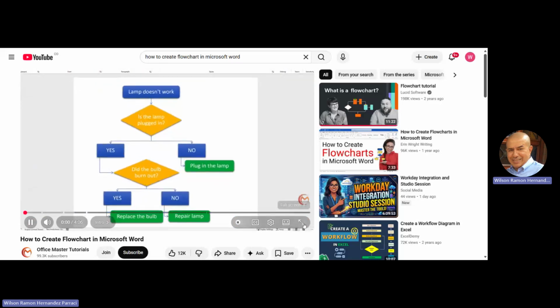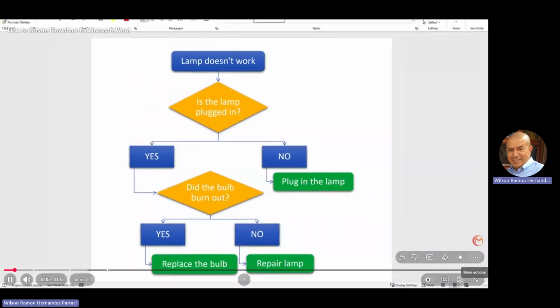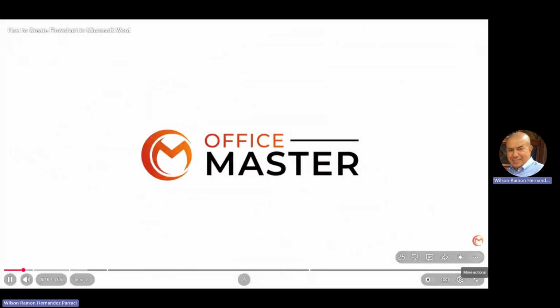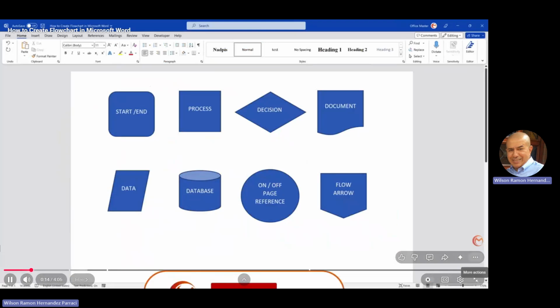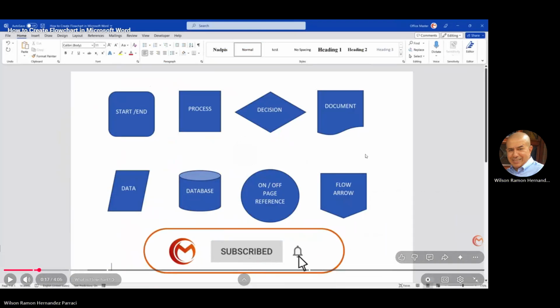Welcome! In this video tutorial, we will learn how to create a flowchart in Microsoft Word. A flowchart is a type of diagram that represents a workflow or process of an action. A flow